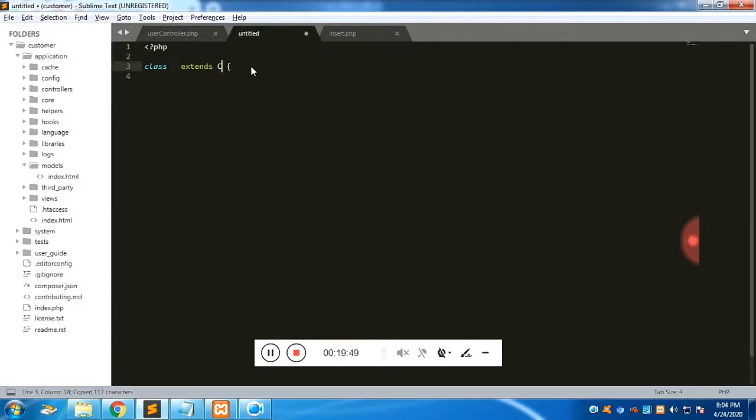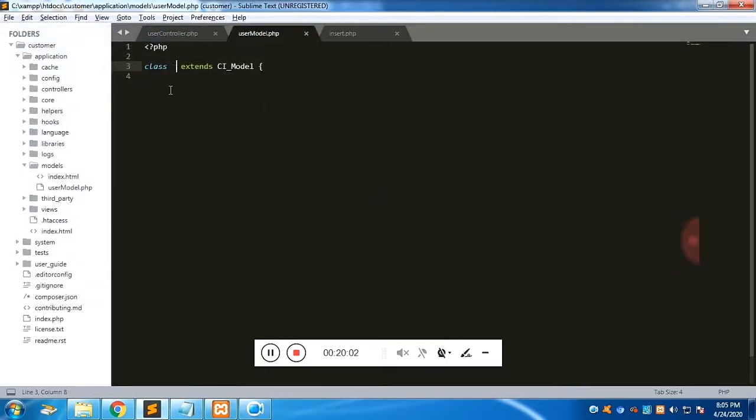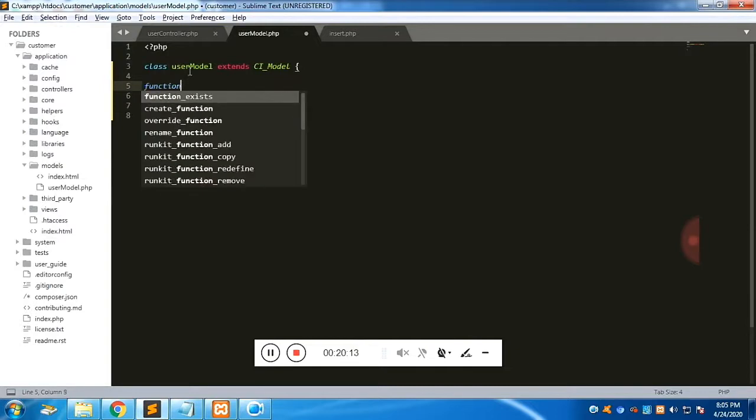It needs to extend the default model class. Let's have the name as usermodel.php. The name of the file should be equal to the name of the class, and inside the model we will have a function called create, and this create function will insert data into the database.